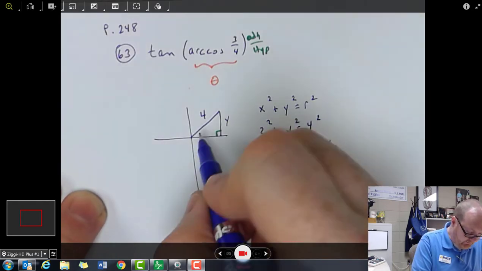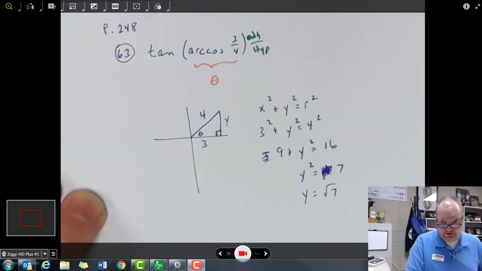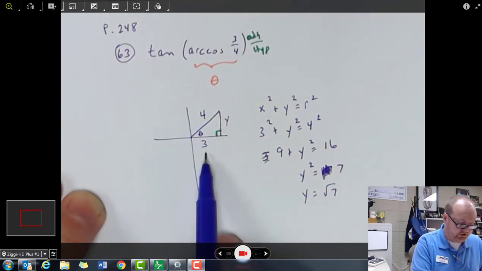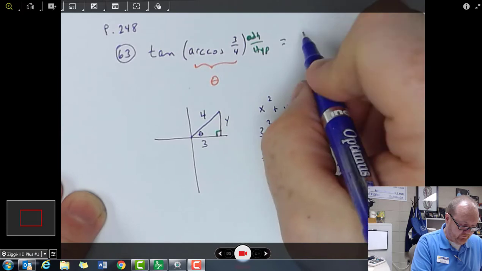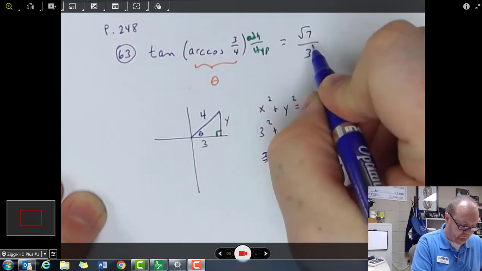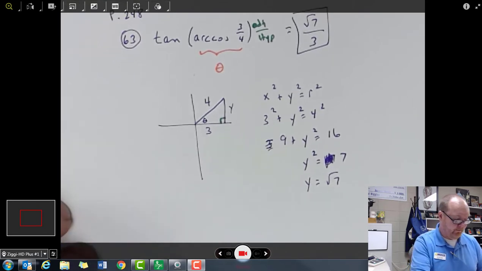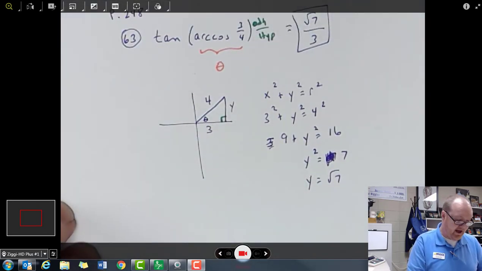So again, here is theta, and I want the tangent of theta, which tangent by definition is opposite over adjacent. So it is square root of 7 over 3. Problem 65